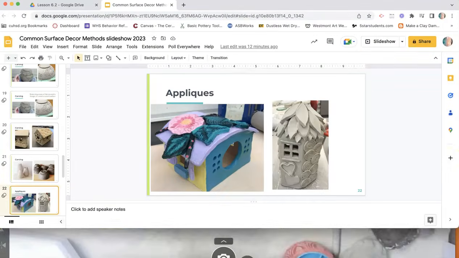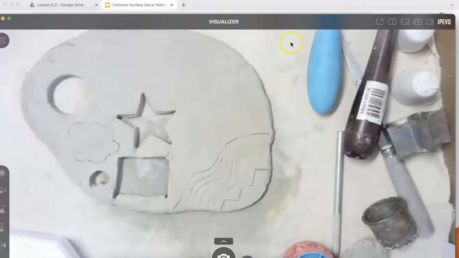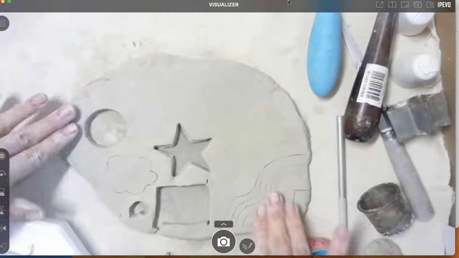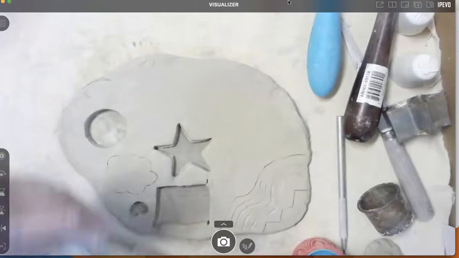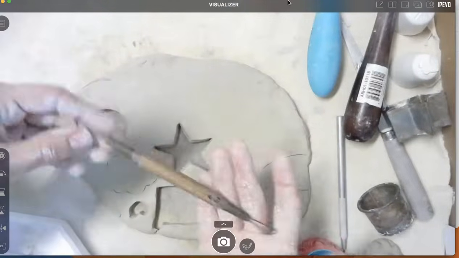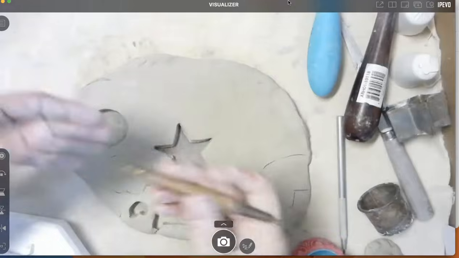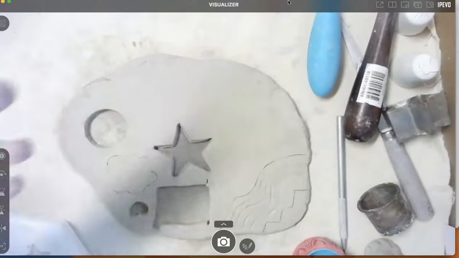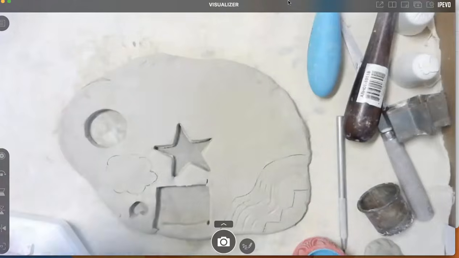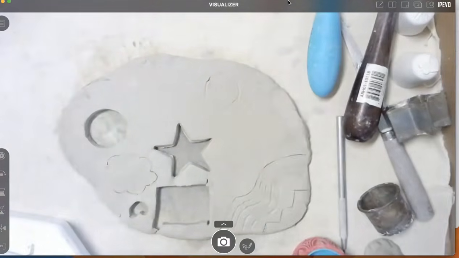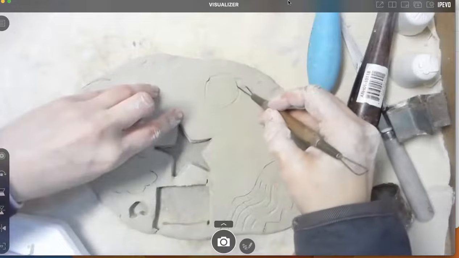So how does that work on clay? Carving sometimes is easier to do when your clay is a little more leather hard. But I'm just going to show you on this example. So carving, you can use your ribbon tool or some sort of tool that has a looped end, and literally you can carve out a design. For example, if I wanted to carve away from this circle here, I can actually take this and carefully remove